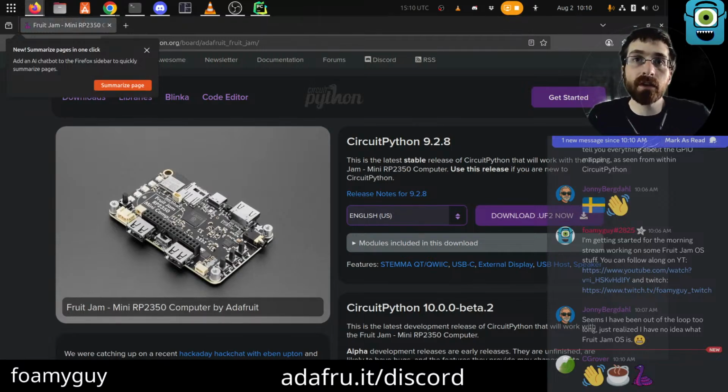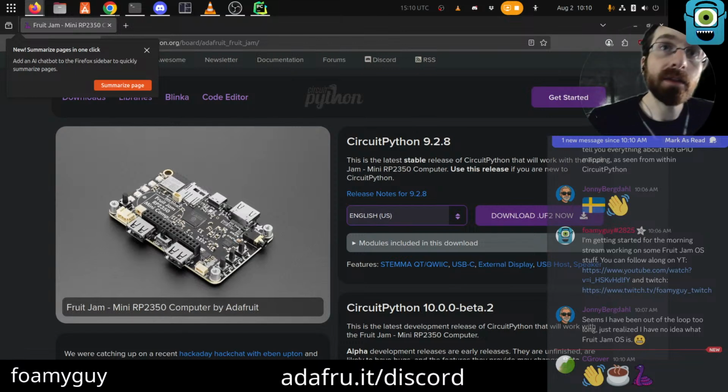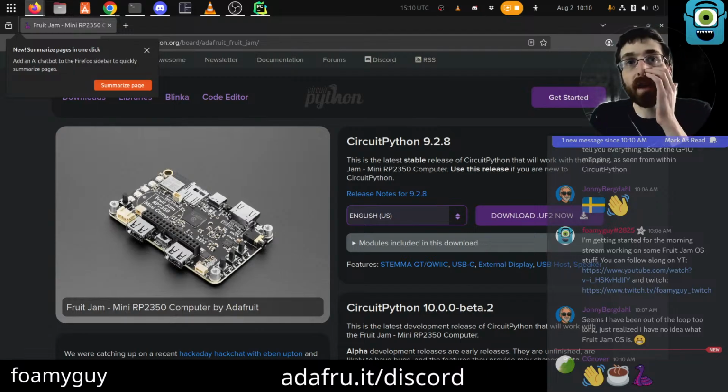Today, we are working on the Fruit Jam, which is very much like a tiny computer because it's designed to be this little credit card sized, all-in-one gaming device or small, old-style personal computer. When we say personal computer, we don't mean a modern day gaming rig or laptop. This is like a Commodore era personal computer, perhaps a little later because it's got some nice graphics as well. Obviously, there's an HDMI port for DVI video out, which Commodore didn't enjoy at the time. But it's a modern take on that era of computing, Commodore style devices that plug into your TV.